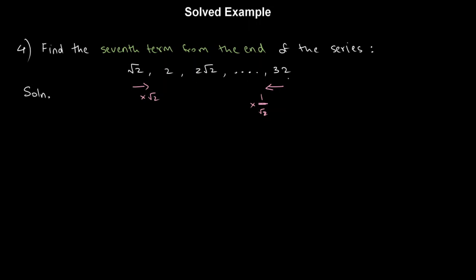So let's just consider a few terms of this GP. The first term we know is 32. The term after that will be 32 divided by root 2, or 32 into 1 upon root 2, correct? To solve that, we'll have to rationalize the denominator. So that is 32 upon root 2 into root 2 upon root 2, right? Rationalizing the denominator, 2 into 2 is 2 so that gives me 16 root 2, right? And the term after that will be 16 root 2 divided by root 2, or rather into 1 upon root 2. So root 2 gets cancelled, that will give me 16, right?